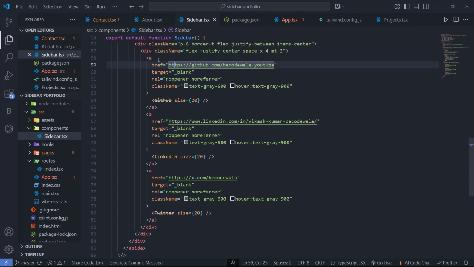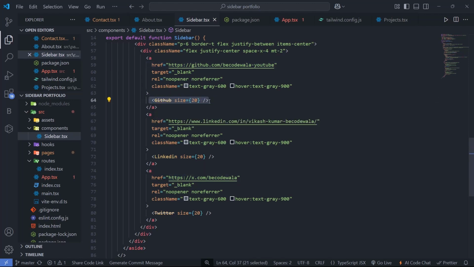You can use an anchor tag to go to your social profile. And here you can see target blank, which means it will open a new tab, and this is the class name for how we want to style. So similarly for the LinkedIn link, and this,